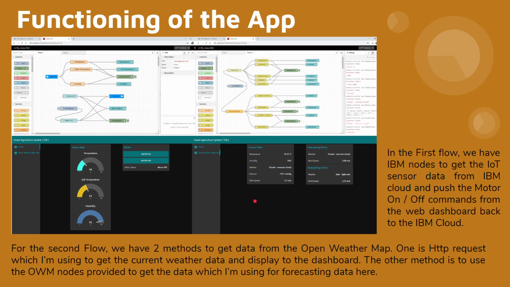This data is ultimately used to predict whether to turn the motor on or off and for how long. Suppose there is a possibility of light rain. We'll irrigate the fields for a little less time than we usually do. Whereas if it shows heavy rainfall, we can choose not to irrigate the field for too long, or in fact not to irrigate at all, because we know rainwater is much better than underground water for our crops.